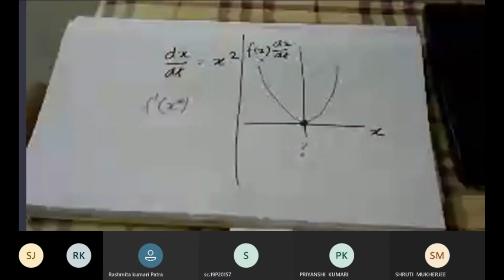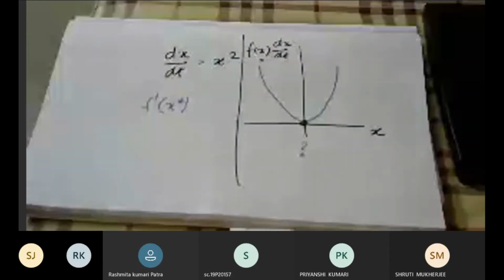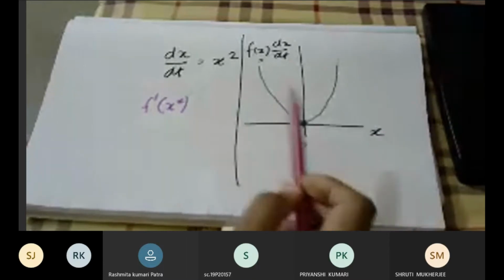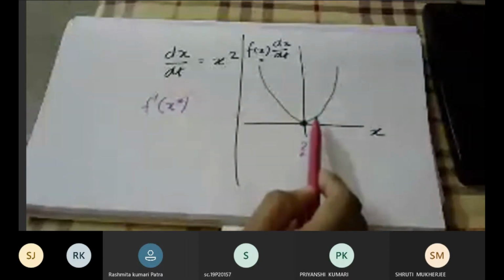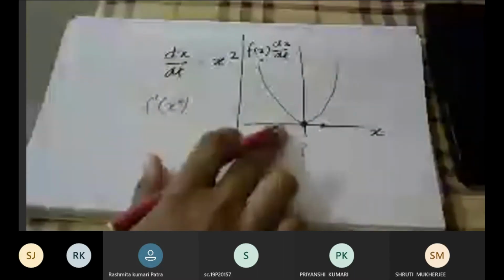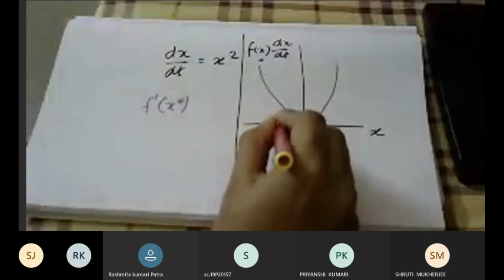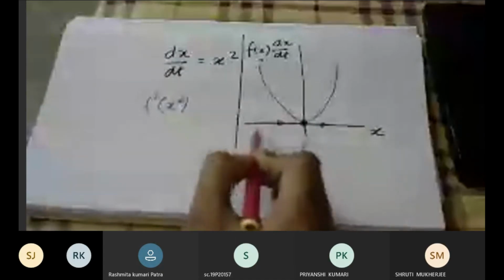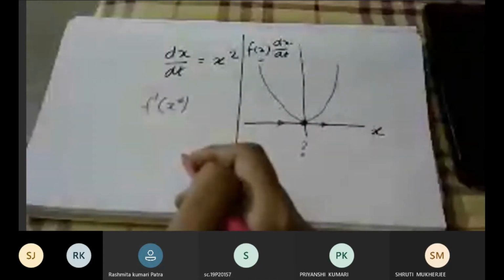It is not possible, right? Both directions are right. Yes, both directions. Exactly, very good. So both are in the same direction because the entire curve is on the positive side, right? There is nothing on the negative side. So what happens is, if I shift this point a little bit to the right, you have a positive velocity, and it will move away from this on one side. On the other side, it is also positive. So if you are going in this direction, you will again have an arrow in that direction only. So it seems that it is converging from one side and diverging from the other side, right?